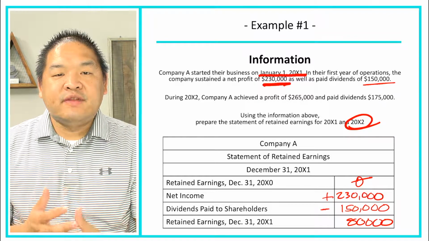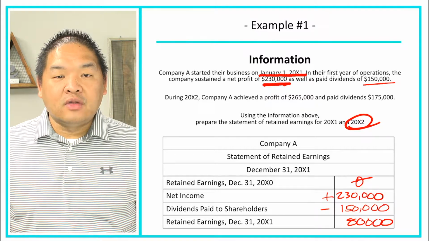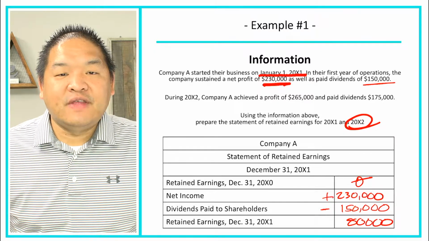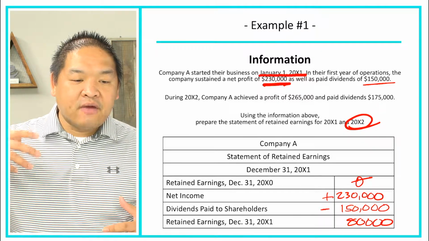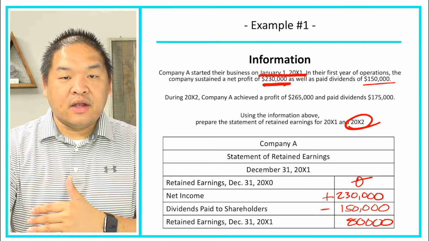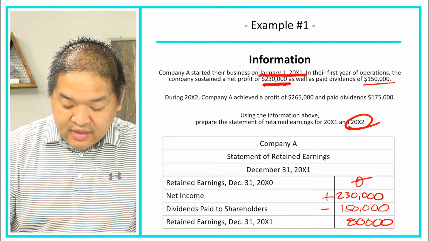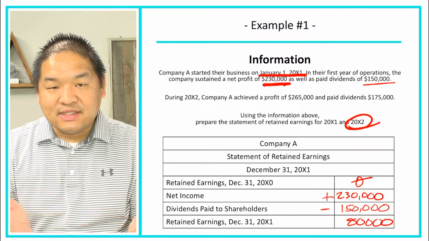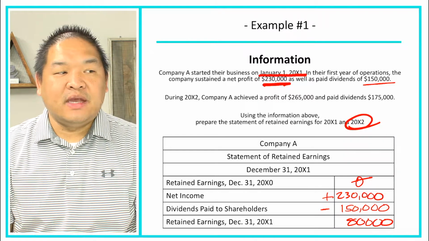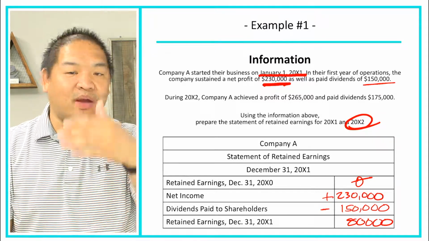Dividends, we usually will tell you the dividends, but another way that we can make this a little bit harder, instead, we can tell you that dividends was paid out $1 a share, and the company has 150,000 shares. Well, what that means is that every share that you have, you get $1 in dividend. Well, if there's 150,000 shares, 150,000 times $1 a share gives you $150,000, and that would go right in the dividends. Now, again, that's an easy example. It'd be a little bit more complex. It'd be like 150,000 shares, each being paid 25 cents. So you take 150,000 times 25 cents, and you'll get some number,